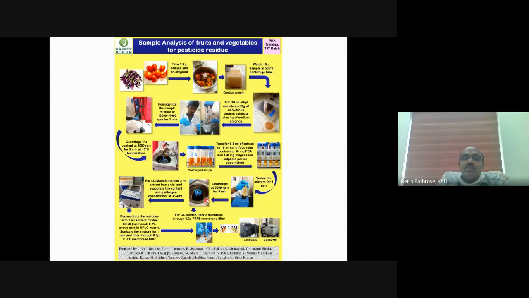So here we have used ethyl acetate. We will take 2 ml of the supernatant and transfer it into glass vials and keep it in this instrument. This is called a nitrogen evaporator, and what this instrument does is evaporate all the solvent. We have 2 ml of ethyl acetate in the glass vial kept over here. It will evaporate all the ethyl acetate, and once the complete solvent is evaporated, we will add 2 ml of acetonitrile into it,